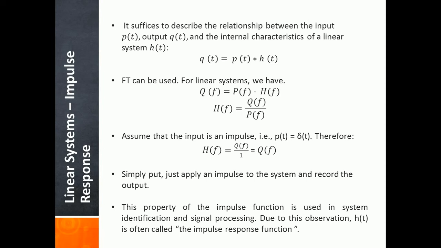Now the impulse response is important, and in the last lecture we discussed that any signal is simply a bunch of impulses with different magnitudes, delayed. You can in fact remake any signal as a summation of delayed impulses with different magnitudes. So if you know how the system will behave for one impulse, you know how the system behaves for all